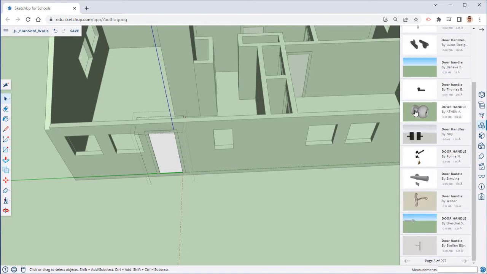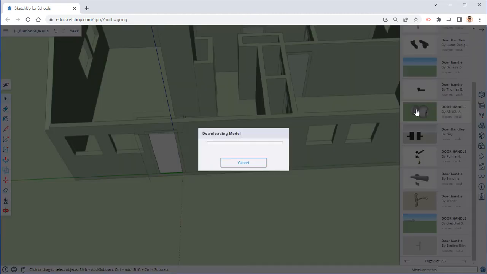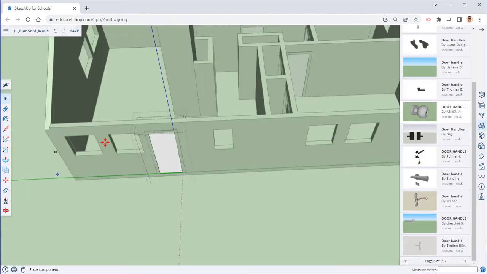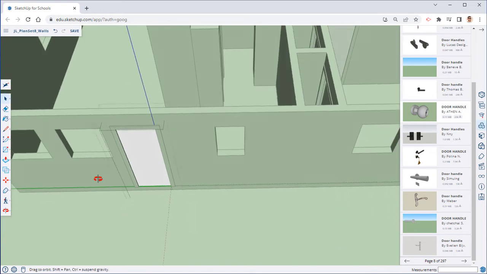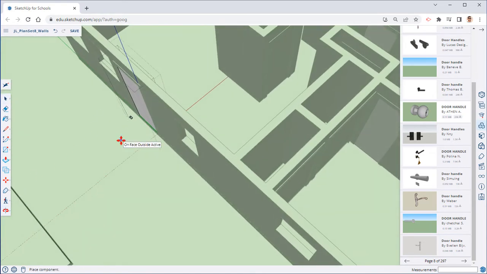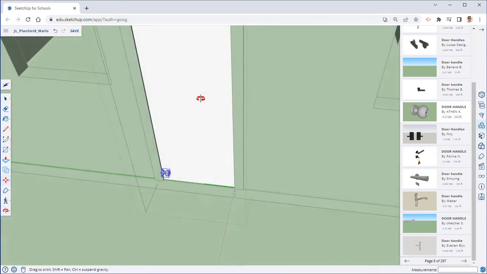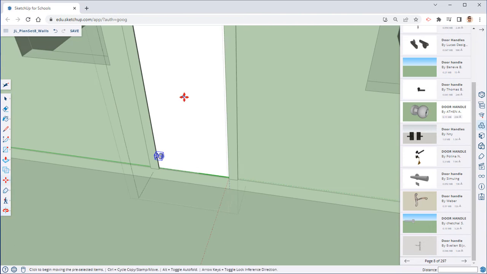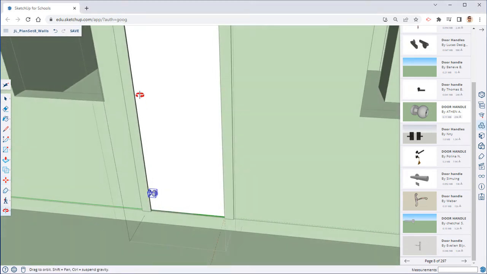Here we go. So we're going to have this little door handle. We're going to click on it. That's going to bring it in. Place it somewhere. After placing it inside of our